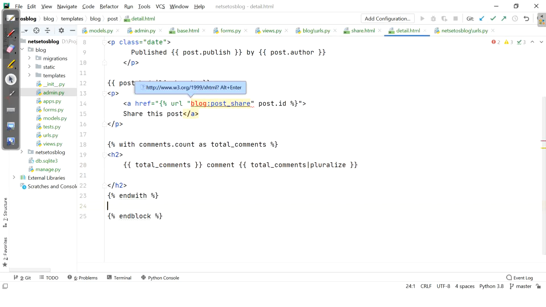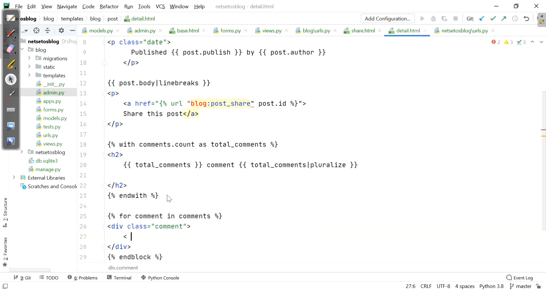Below this I will have a for statement, for comment in comments, then I will have div class equal to comment. Inside this I will define a p class equal to info, and here we will have comment, forloop.counter, by comment.name, and with this we will have comment.created.